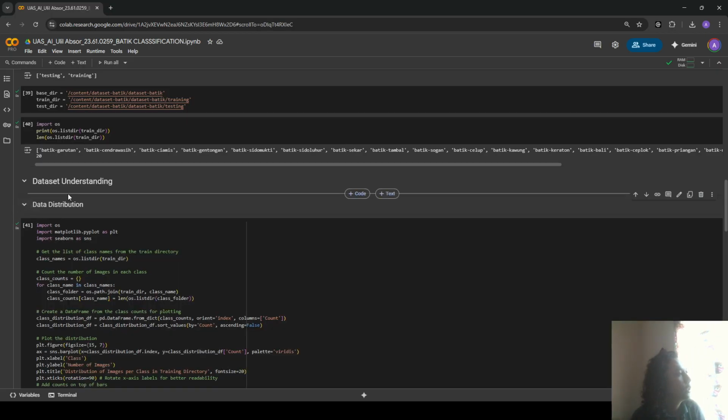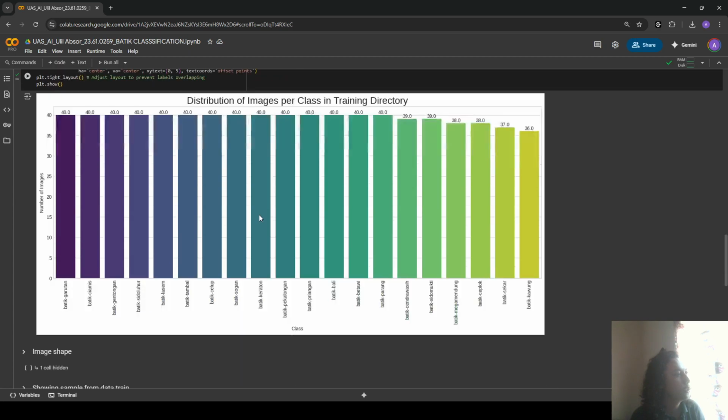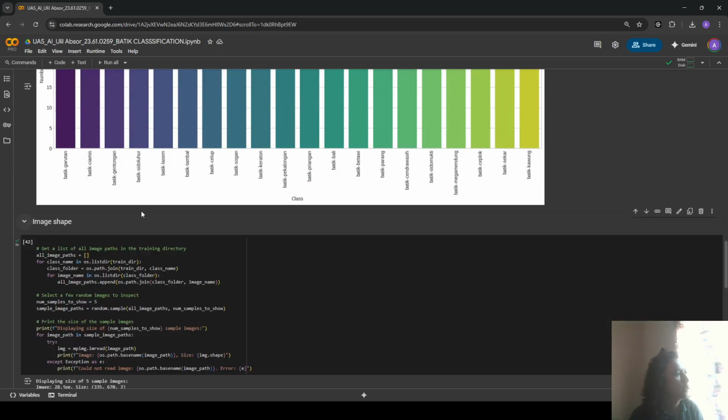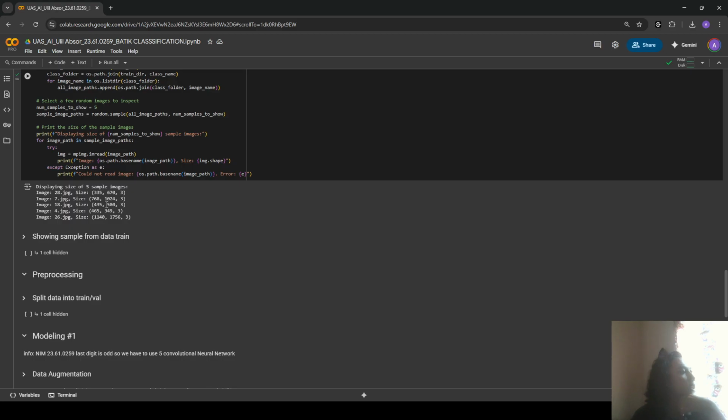First is data distribution, where you can see that every class has a good distribution, but a few classes have less data. Next, for image shape, I use five sample images to check the size of the images, which have different sizes.